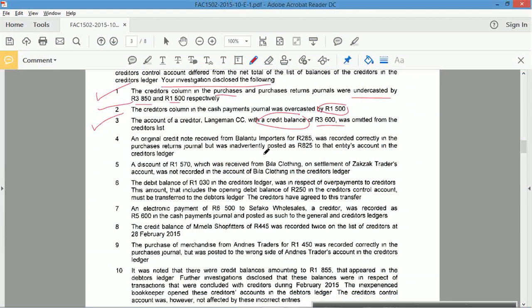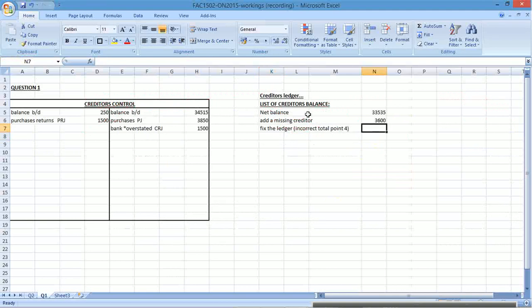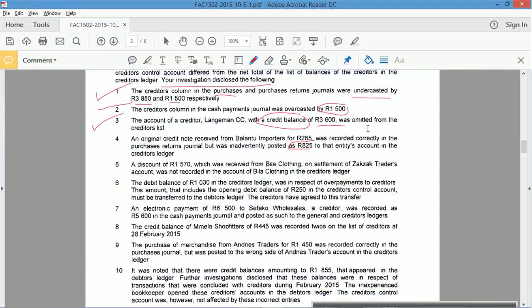Yeah, the difference, but now we just need to check. This was for what? This was for a return, was it? Yes, purchases returns journal, posted as that. So the return was too high. If you reverse the return, you're going to add more creditors here. Okay, so the difference is